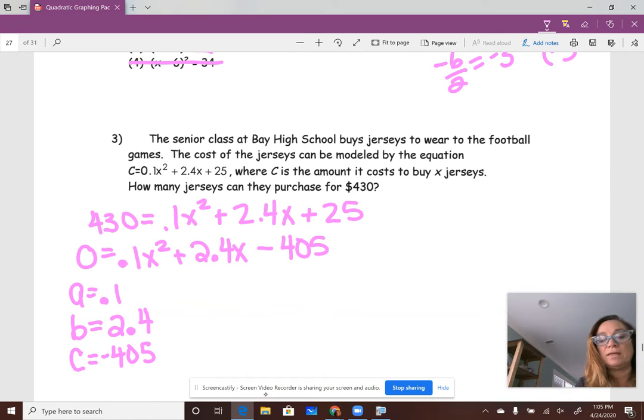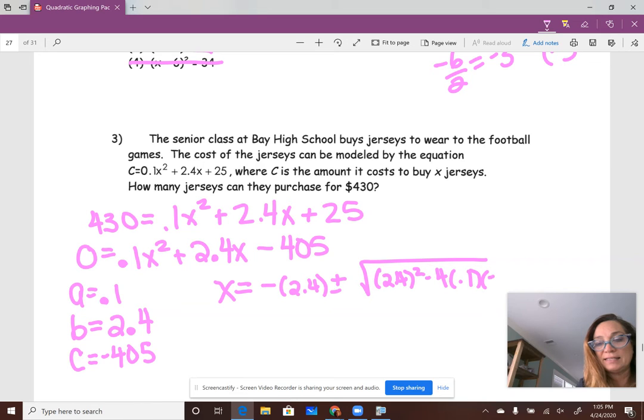Okay, so x is equal to -b plus or minus square root b squared minus 4ac